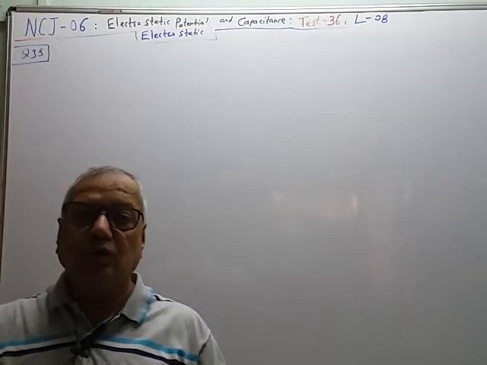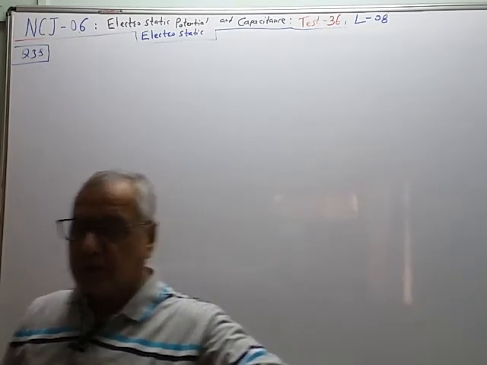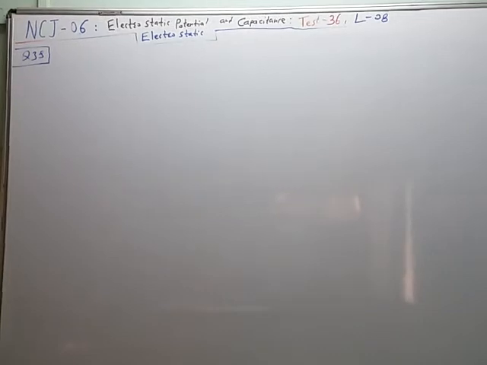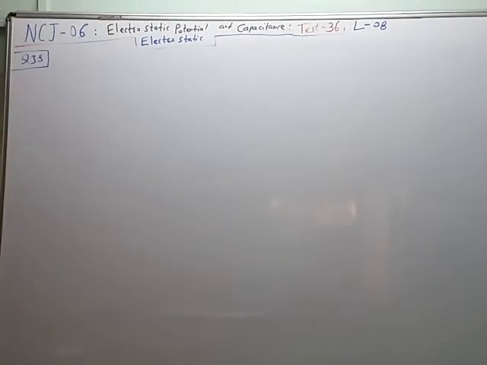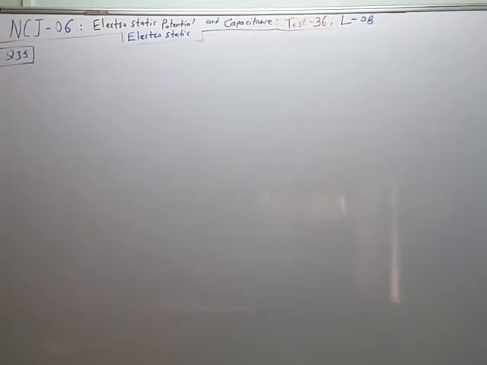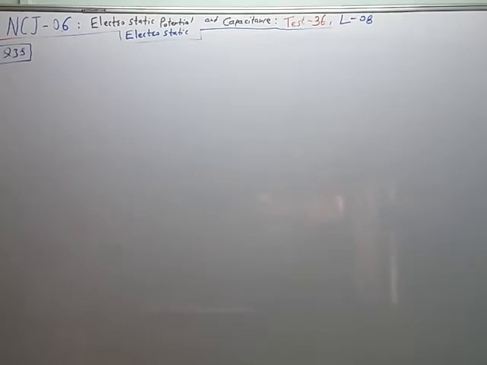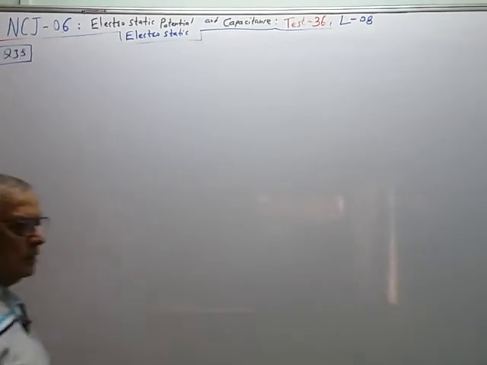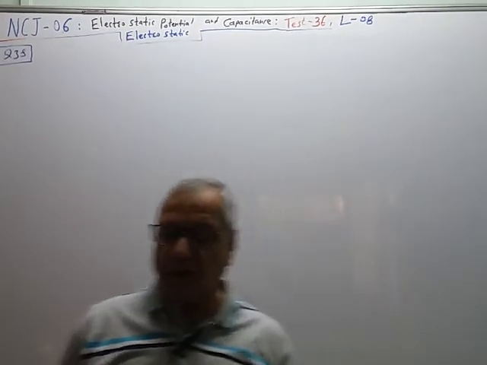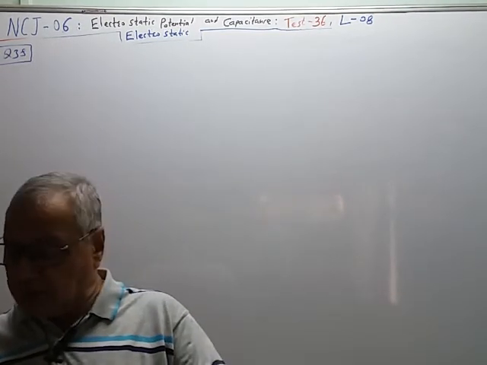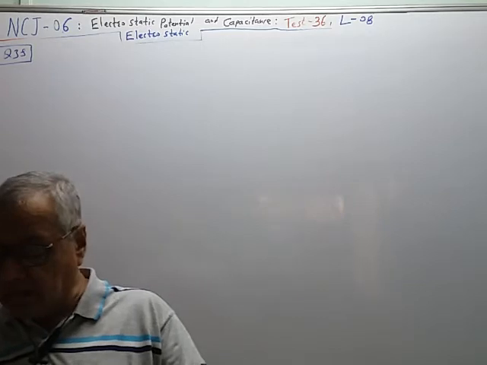So here we are to apply the property of the electric lines of force. We know the property of the electric lines of force. Electric lines of force start on positive charge, end on negative charge, like this. They never intersect each other. They do not pass through the conductor. They always start or end normally on the surface of the conductor like this. So what will be this property? So I will show the figure.